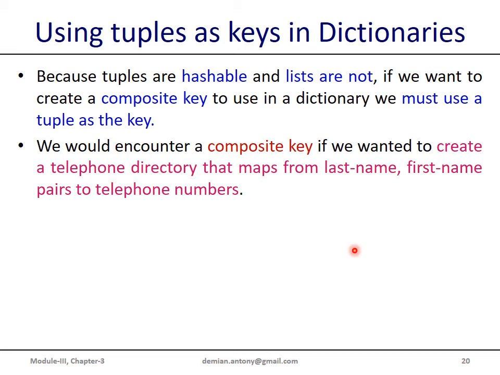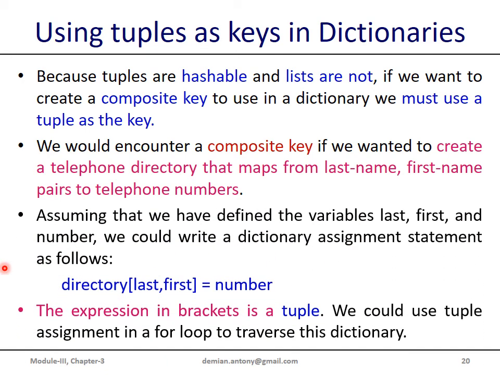We need to create a dictionary, not with a single key, because we are mapping a telephone number to 3 different names: last name, first name and middle name. One solution is to create a dictionary with a composite key involving these 3 elements: last name, first name and middle name. Here you can see we create a telephone directory, for example with 2 keys,